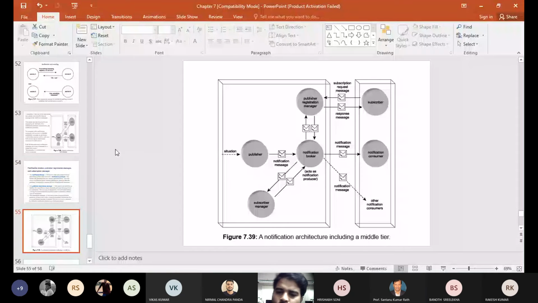Now, here the publisher is in another part. The subscriber is not directly interacting with the publisher. So in between all, there is a notification broker, which temporarily acts as a